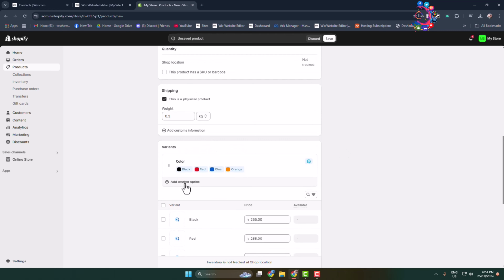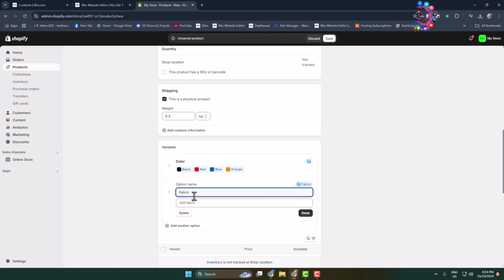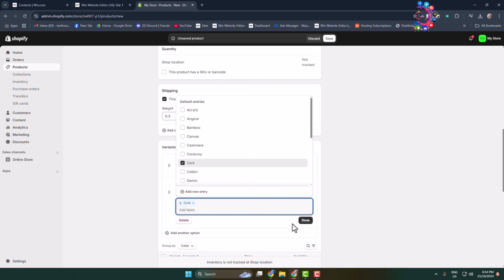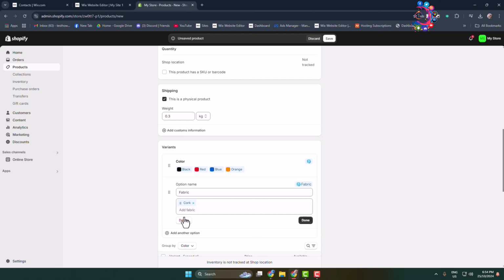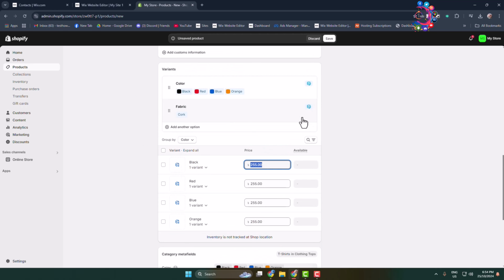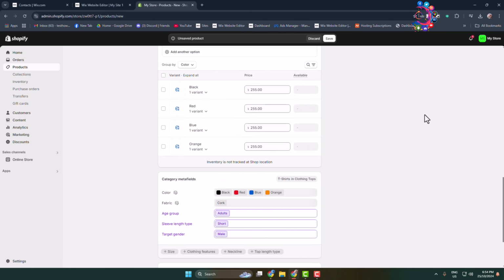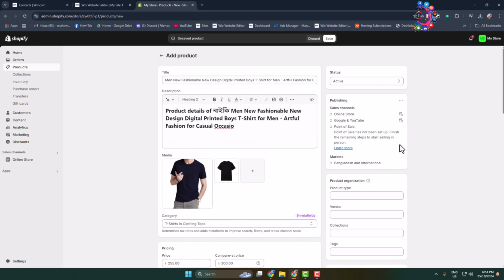So I'm clicking on another option, and this time I'm selecting here fabric, for example, and here give the fabric name, and that's how you can add multiple fabrics. And now here under variant you can add price separately for individual variants, color, fabric, size. So go ahead and enter price for your variants, and after that in this right hand menu you can change